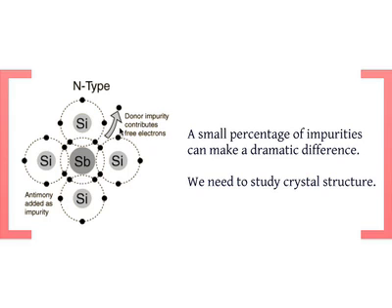So with this approach of being able to control the conductivity, now you can see a switch, right? You're either an insulator or you're a conductor. That's a switch. This is one very basic, simple example, and we'll come back to this. A very small percentage of impurities can make a dramatic difference, and this motivates us to really understand how this happens, why this happens, how we can engineer this. We need to really understand crystal structure. So in the rest of the class, we're going to talk about crystal structure, which is actually a course in its own